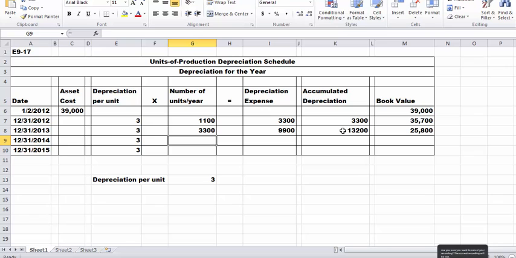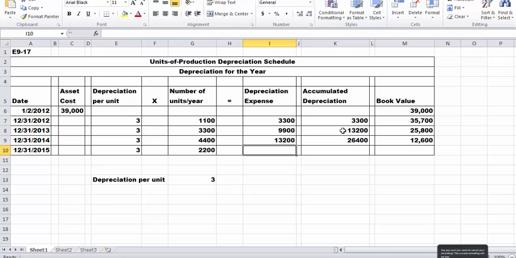In year 3, it was used 4,400 hours, which means we had depreciation expense in 2014 of $13,200 and accumulated depreciation of $26,400. The book value of the asset at the end of year 3 is $12,600, and we had